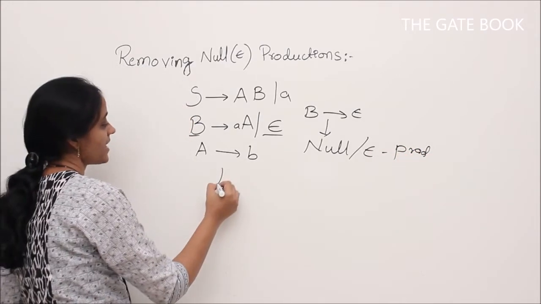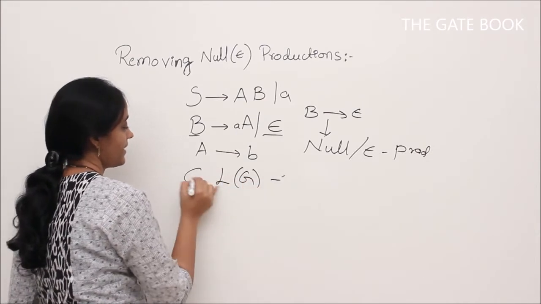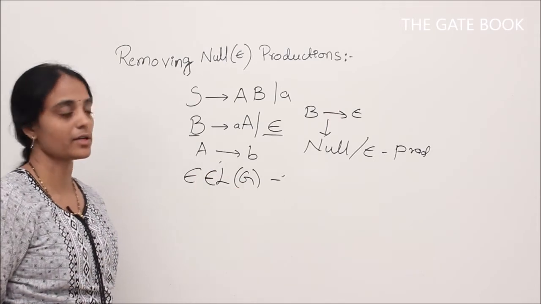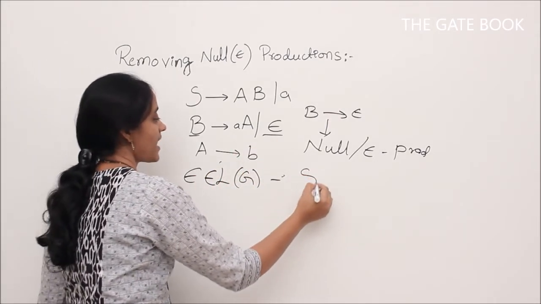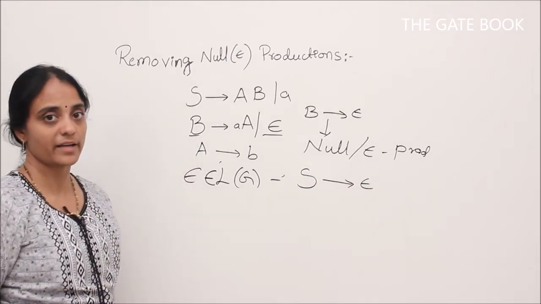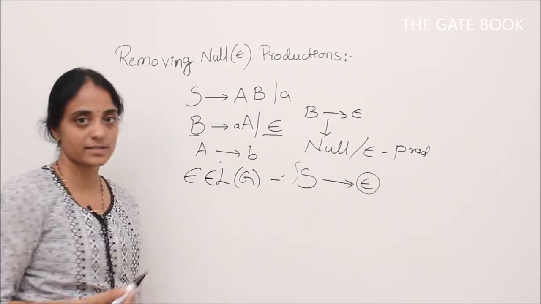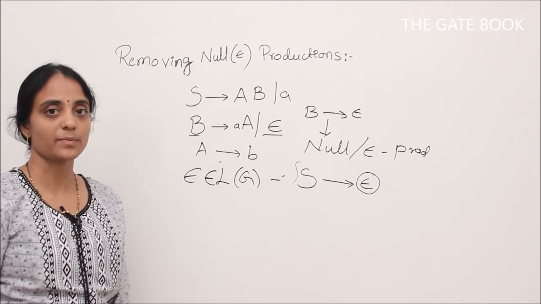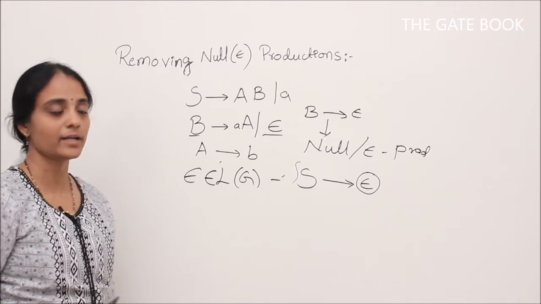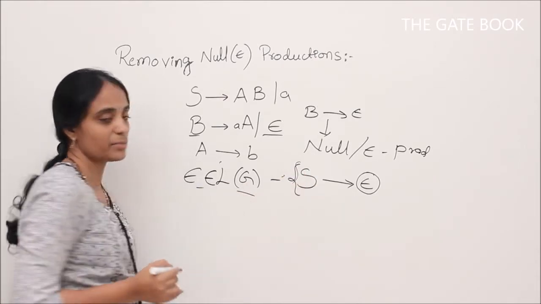So if there is a language and it has epsilon in it, and if epsilon belongs to this language, then there is no way for us to remove epsilon because start symbol has to derive epsilon because epsilon belongs to our language. So we can't manage without having epsilon. Assume that S derives some variables and none of them have epsilon productions. How can we derive epsilon from S? No, right? So we should be very careful when we have to remove epsilon productions.